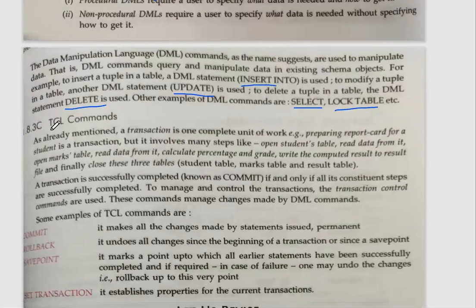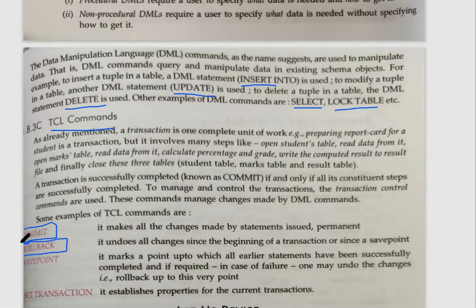Then we have TCL commands. You only have to understand the commands that we use in transactions. Practically we are not going to do transactions in MySQL, but roughly you must know that a transaction is nothing but the smallest unit of work done. Either it will be done completely or not done at all. If we have completed any transaction, at that time we use the commit command. Commit means whatever transaction has been done will now be permanent, you cannot undo it. Then the second one is rollback.